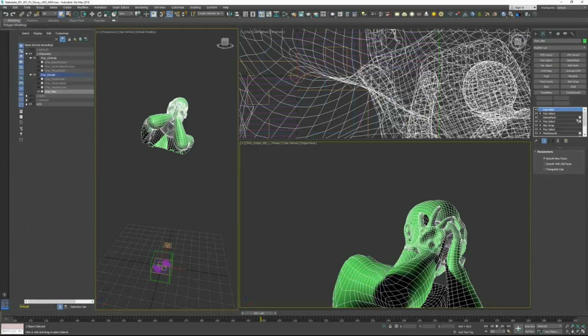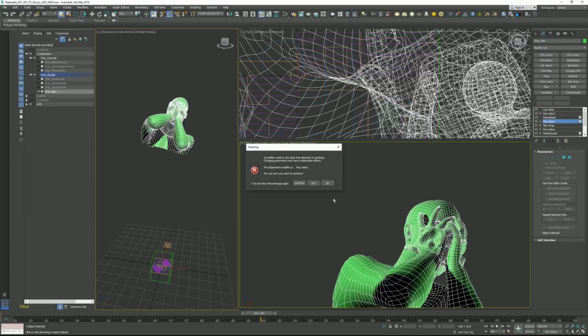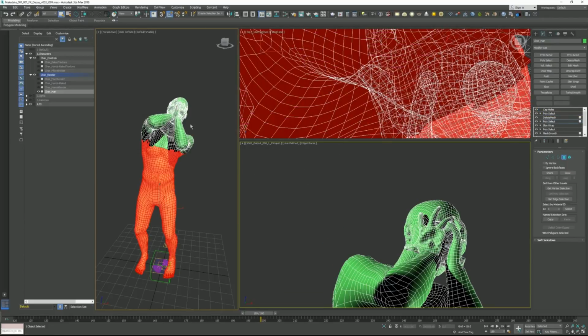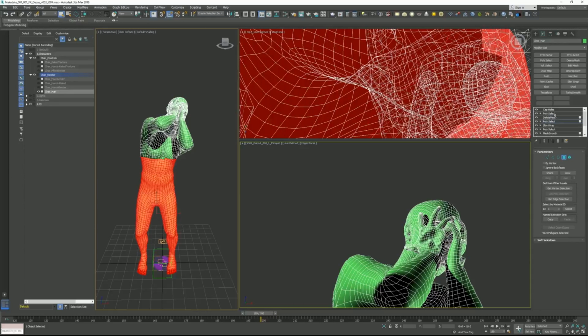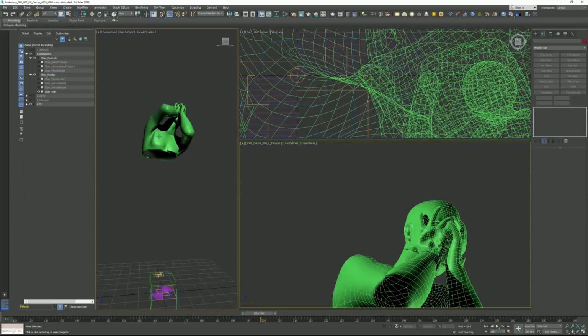Okay. I might go actually back to poly select. And I'll just do it down here. I think it will just deform a little bit nicer. Okay,